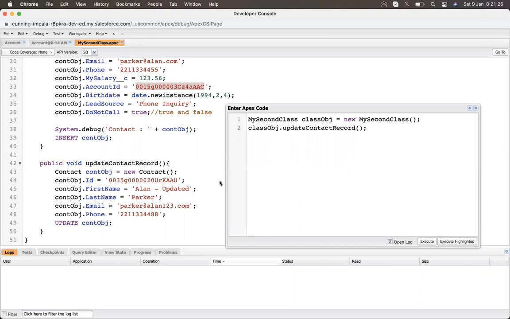Actually, whenever we create a contact, more than one contact can be related to a single account. So in the above case, we just attach that contact with an account, so we can just choose the account ID. But whenever we update any particular record, in that case we cannot go with the account ID, because a single account has more than one contact. So whenever we update the contact object, we have to choose the contact ID, so we can easily update that record.